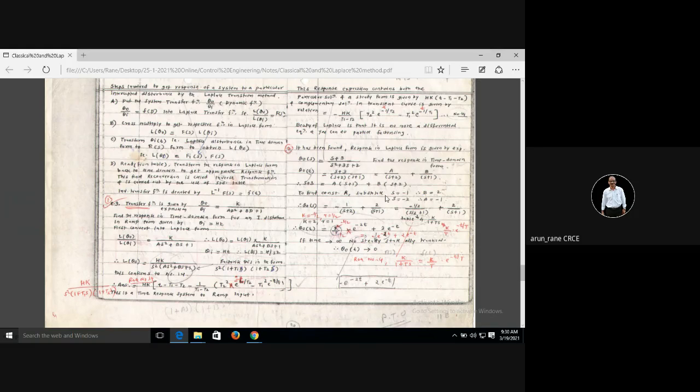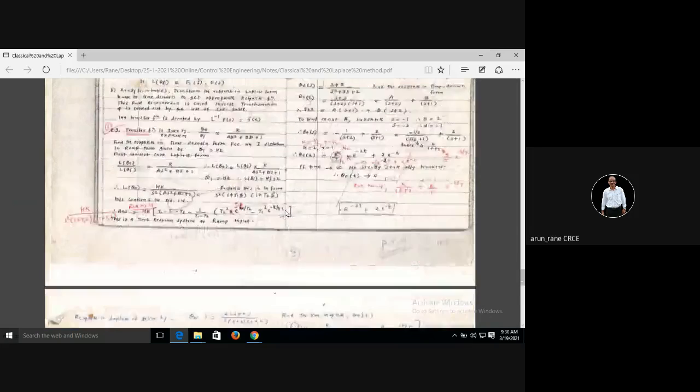So this becomes 0. This becomes 0. Yes, sir. So same thing here. Now here what is done? Here we have simplified this and it is written in terms of S square, S and constant term. So S square into bracket A plus B plus C, S into bracket this, and this is a constant term.